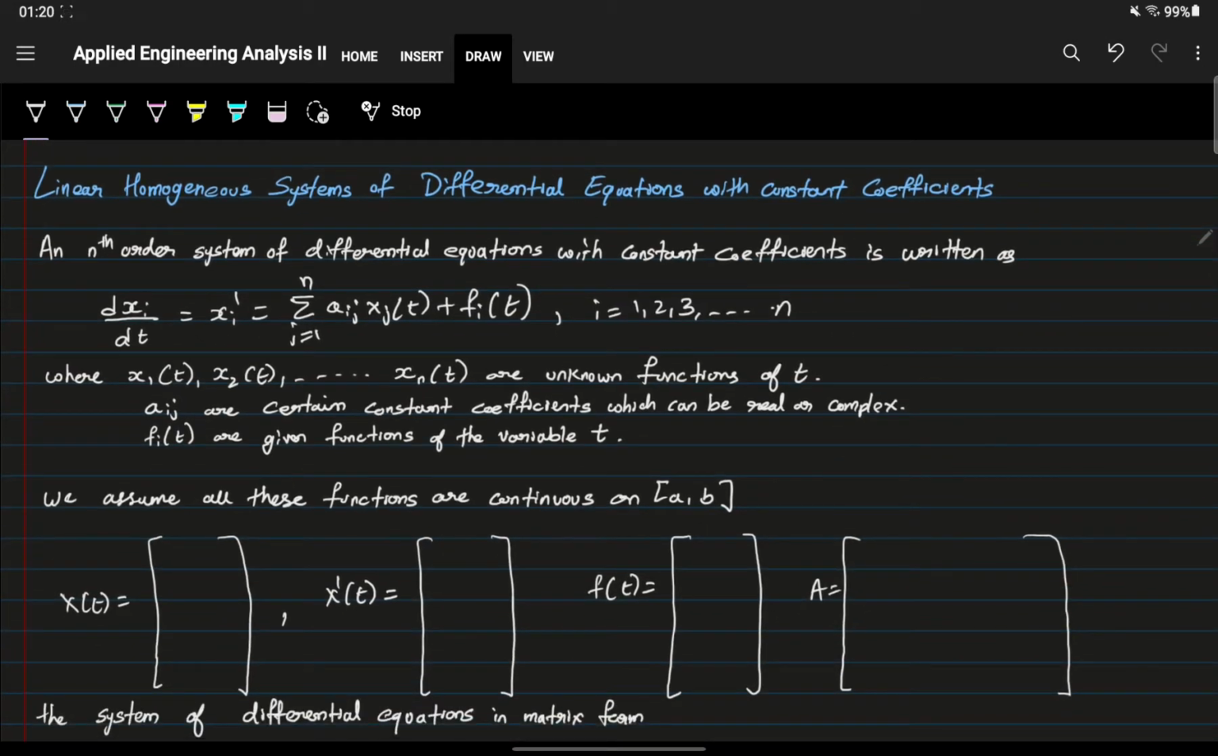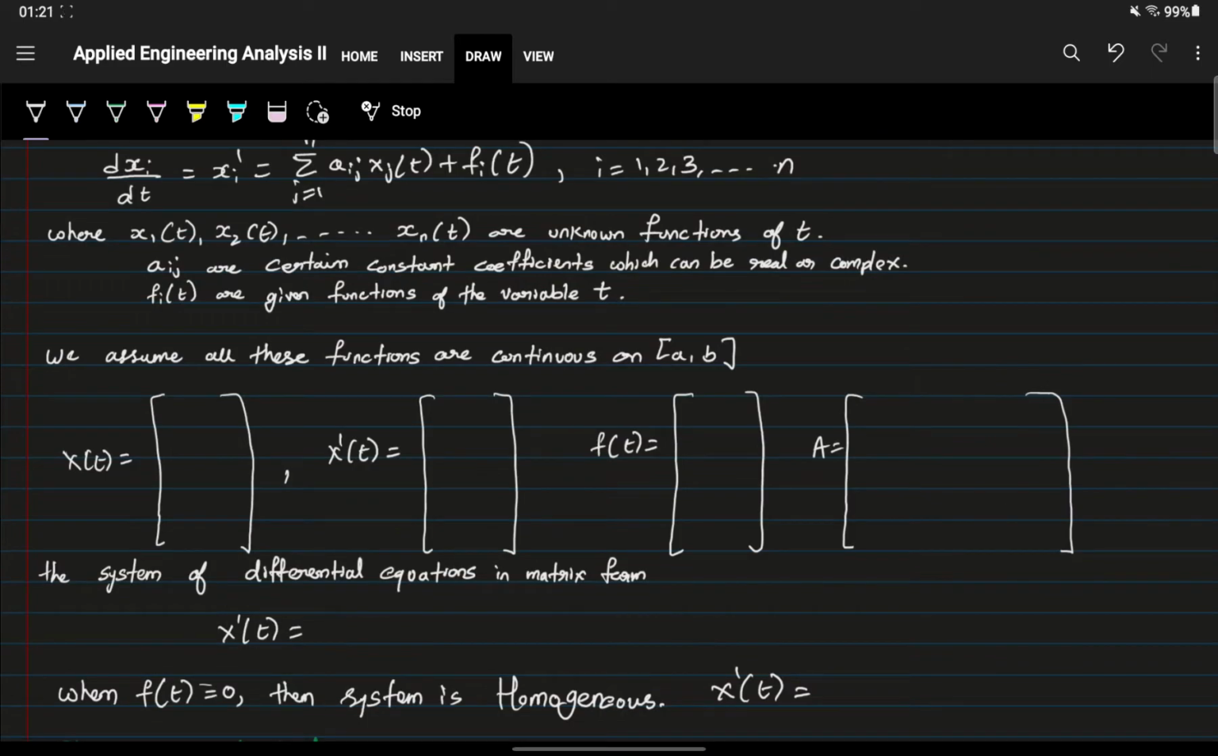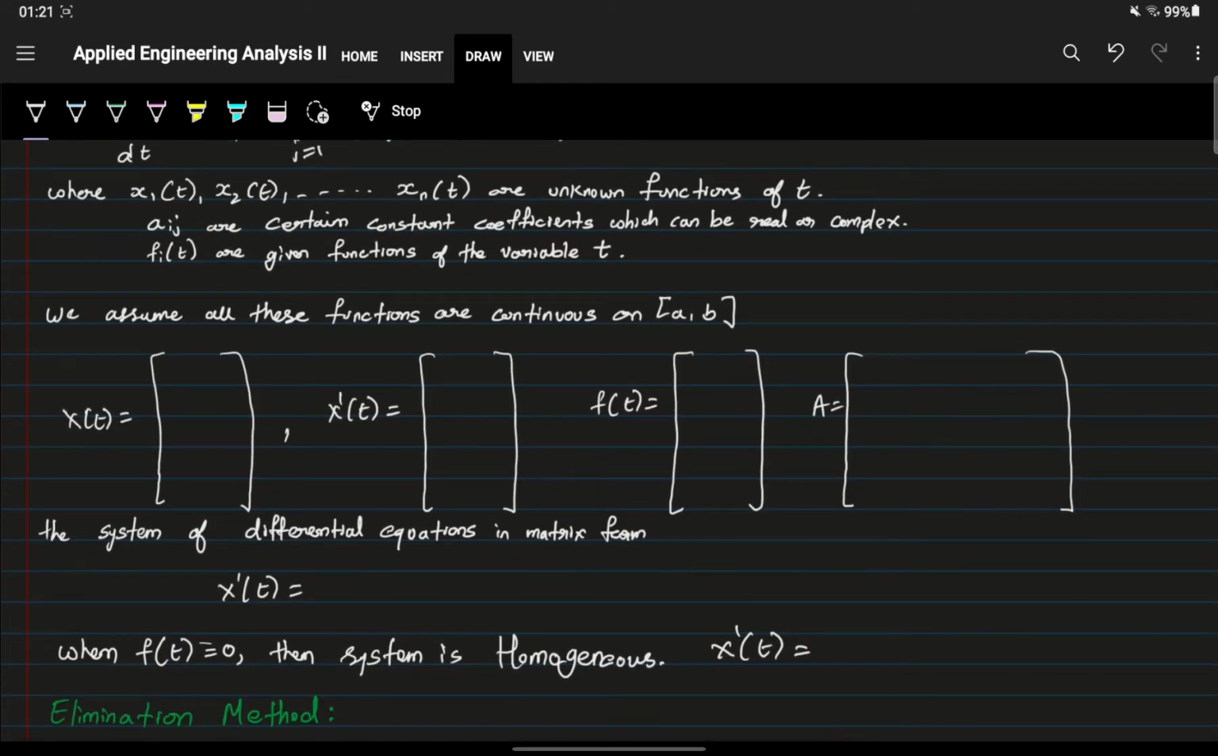And here, if we observe, x1(t), x2(t) up until xn(t) are unknown functions of t, a_ij are certain constant coefficients which can be real or complex, f_i(t) are given functions of variable t, and we assume all these functions are continuous on the interval (a, b) of the real number axis t. By setting, we get x(t) as